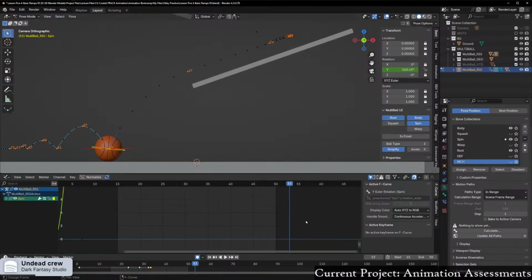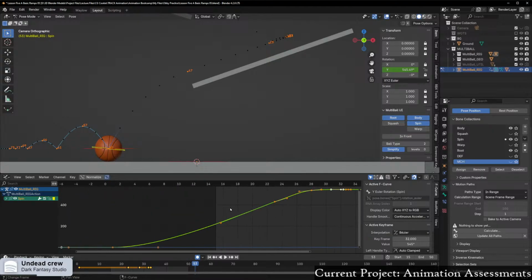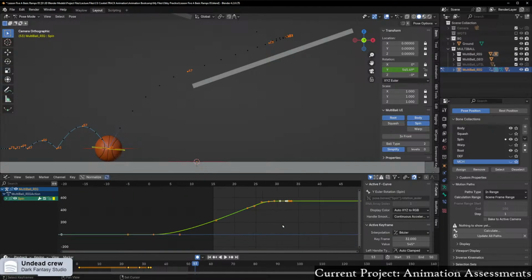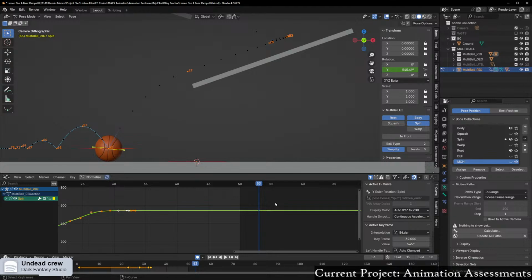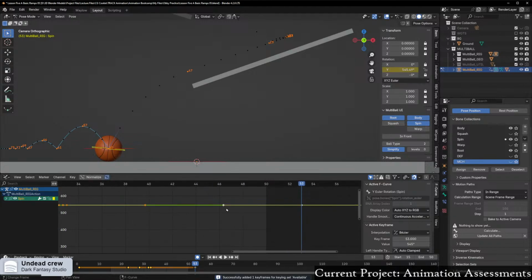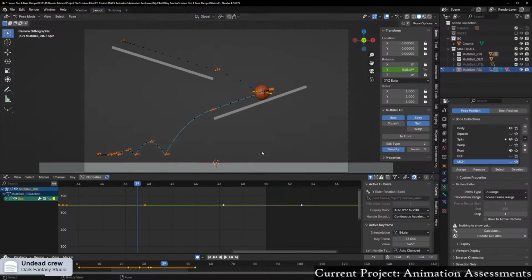So, right here. This. Insert right here. And then this is probably not a 360-degree rotation, considering the fact that it... Actually, it might be. And the only reason for that is that there's a shorter distance between the fall here and here than there is from here. So I'm going to start with